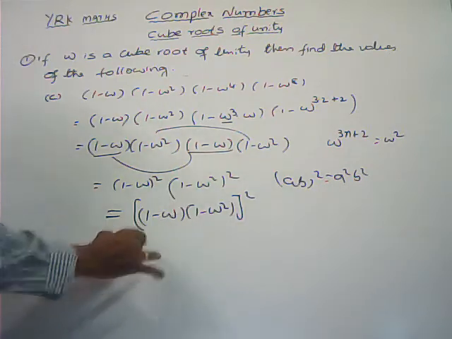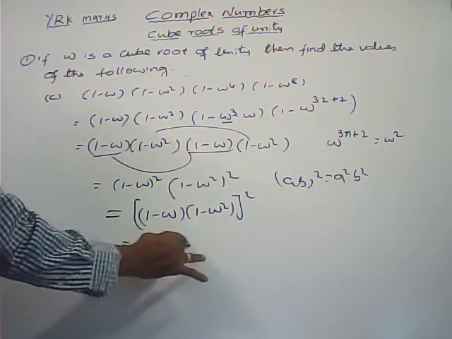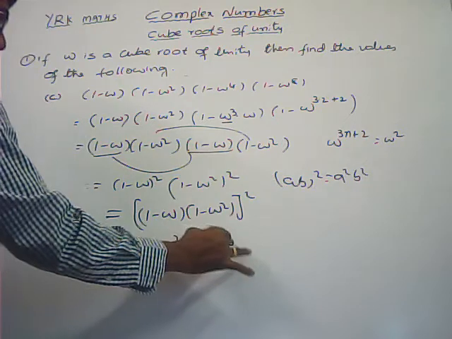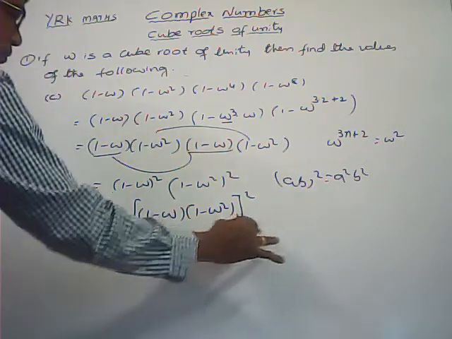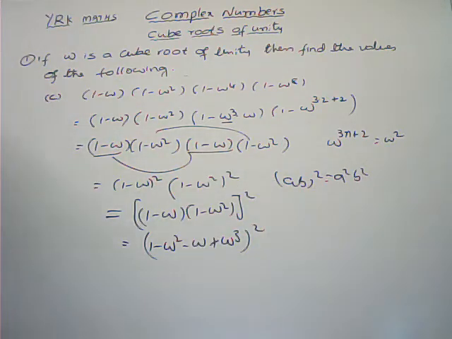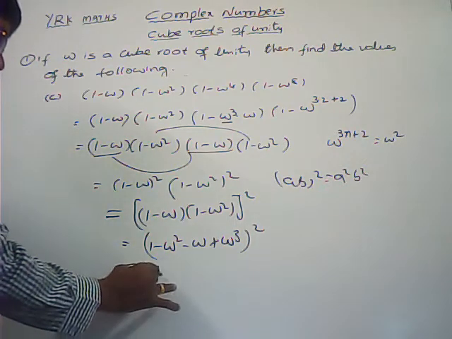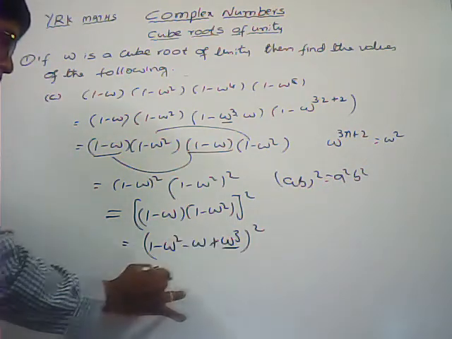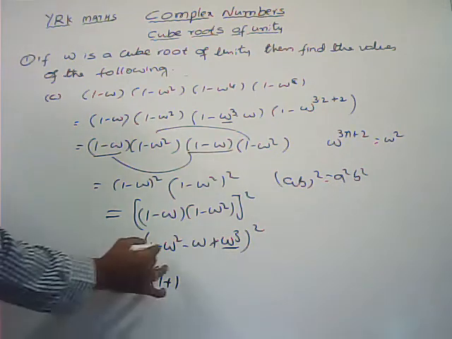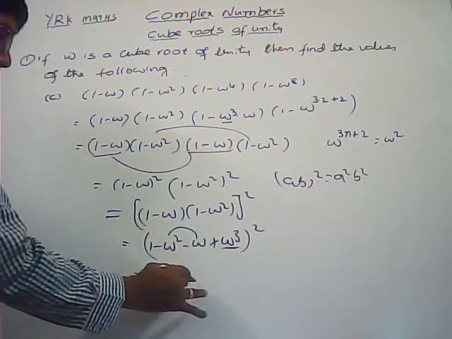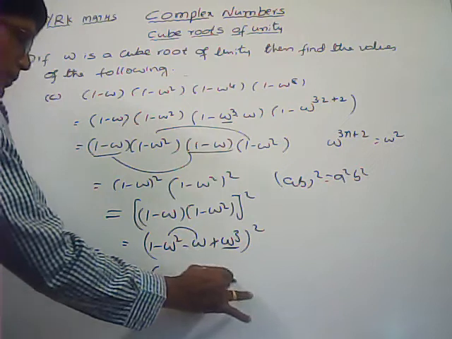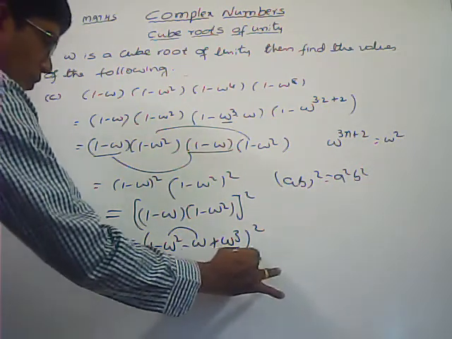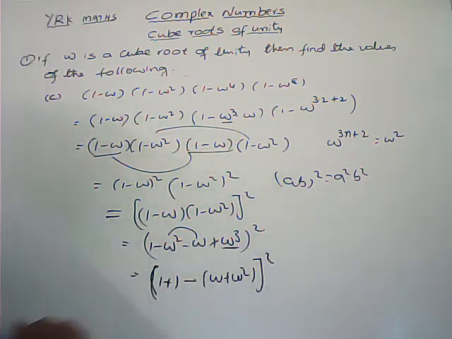If I multiply these two, 1 minus omega square minus omega plus omega cube, that is whole power 2. 1 plus, here omega cube, that is 1 only. From these two terms, if I take minus as common, omega plus omega square whole power 2, that is equal to